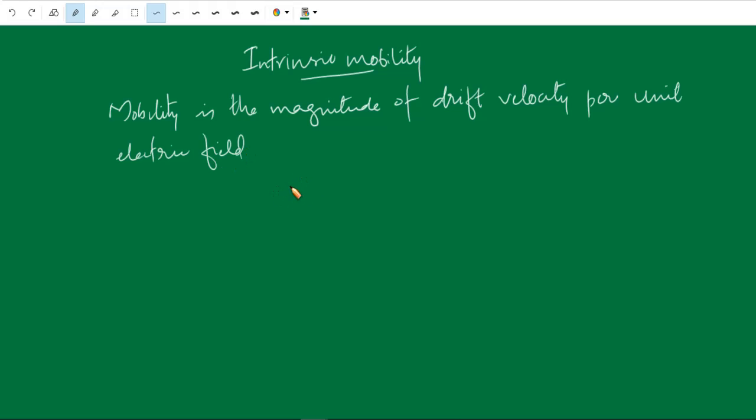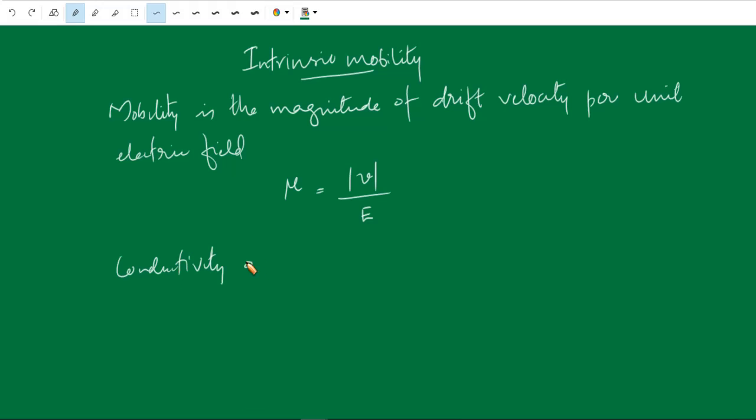That is, the mobility mu is given by magnitude of V divided by the electric field. So this is the definition of the mobility of an intrinsic semiconductor. In the case of a semiconductor, there are electrons and holes. So the total